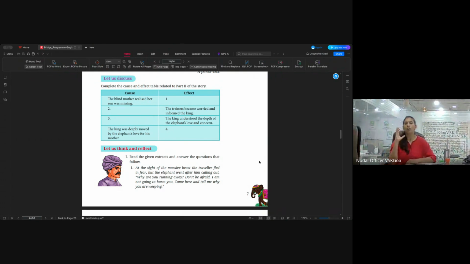So here you're coaxing the child to analyze, and you're also instigating the affective part of it, the sensitivity part of it. You're sensitizing children to feel. Because when you ask a question like, a blind mother realized her son was missing, what are the feelings that mother goes through?